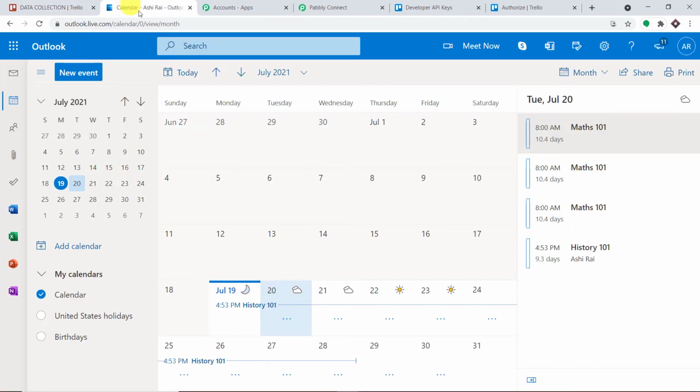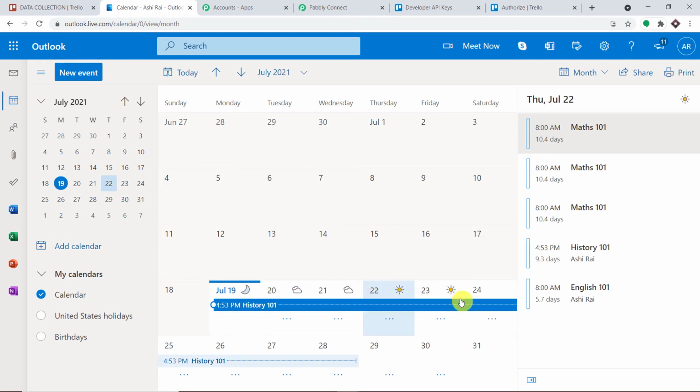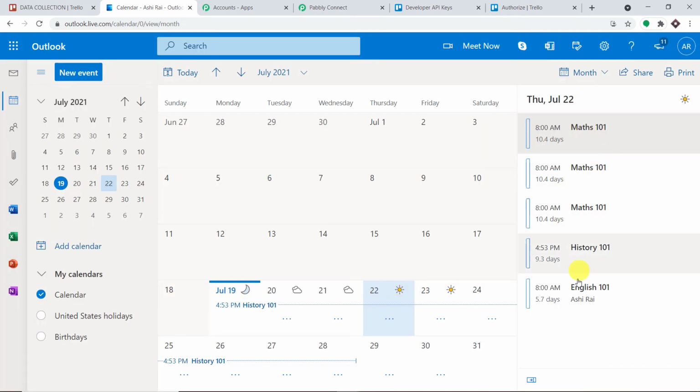So let's have a look. Do we have event on 23rd? Okay, nope, we don't have the event on 22 or 23rd. The event was scheduled from 22nd or something, but we haven't got the data. So this is because the delay has been scheduled. We have actually inserted the delay of 2 minutes. Now the data will only come after the delay of 2 minutes. So let's explore after a delay of 2 minutes. So that is why I'm just going to pause the video for 2 minutes. And after that, we have got the result.